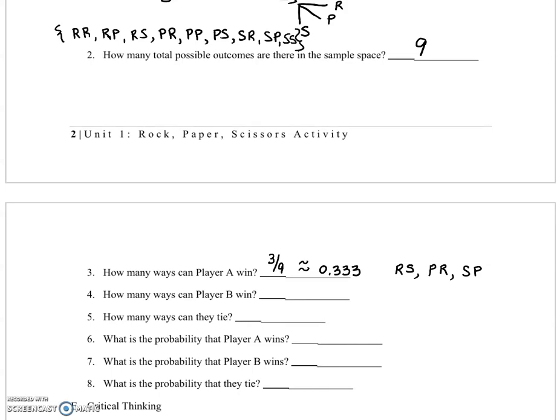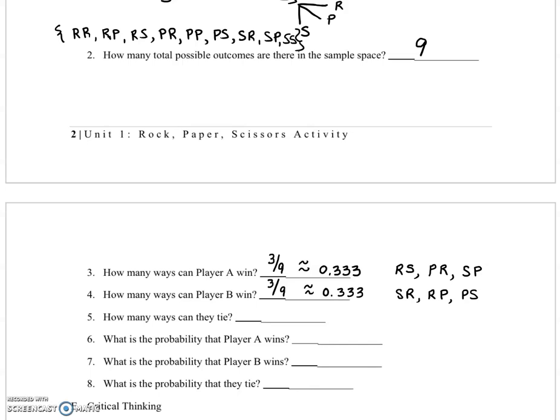Okay, player B wins if, let's see, scissors, rock, because remember the second one's player B. So rock beats scissors. Paper beats rock. And scissors beat paper. So player B can also win 3 out of 9 ways, which is also 0.333 rounded